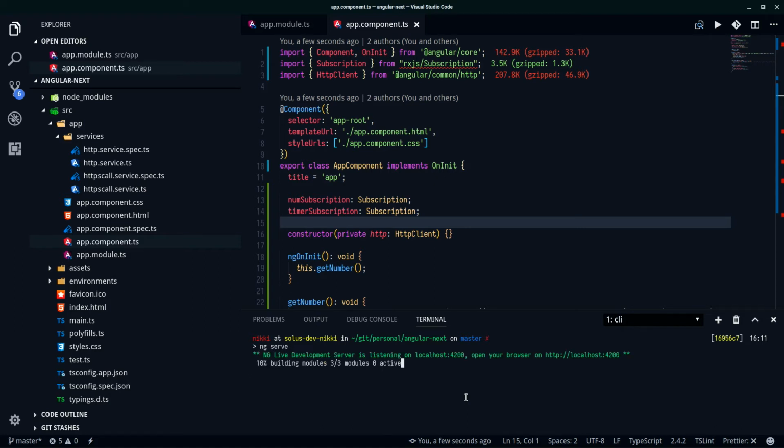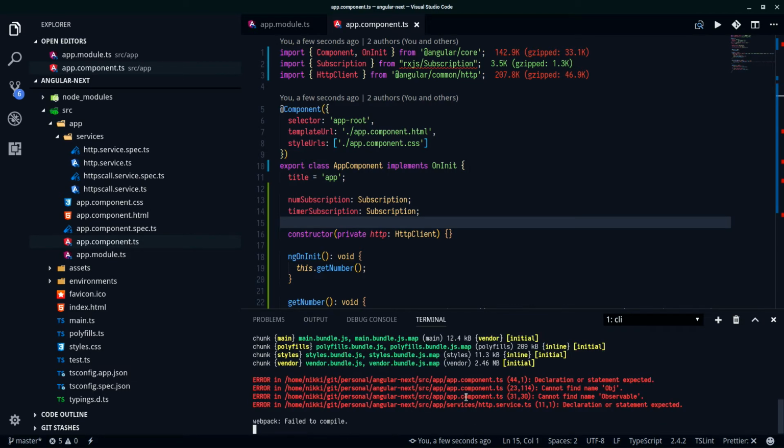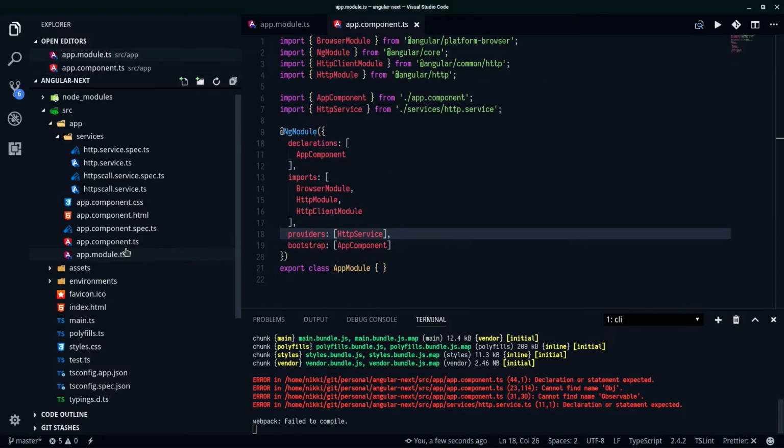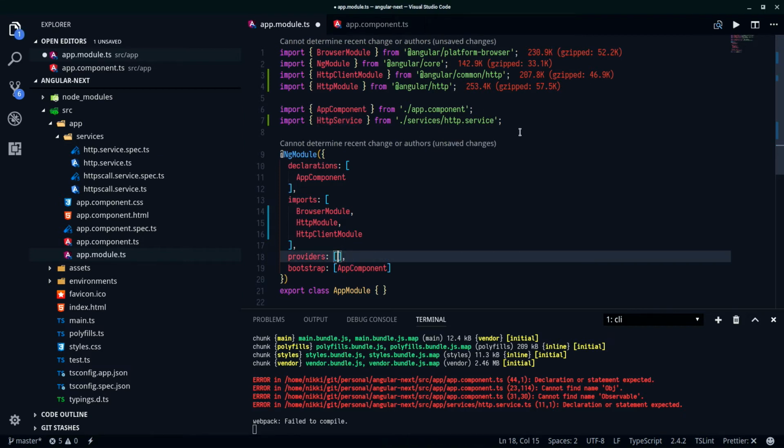I'm expecting it to fail because once it finishes building, it's going to notice, probably, unless I'm super smart. Nope, I'm not. Declaration or statement is expected.